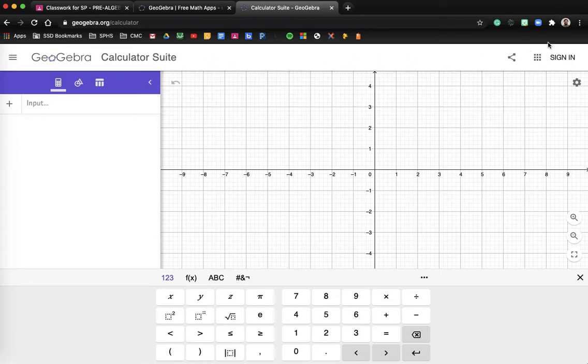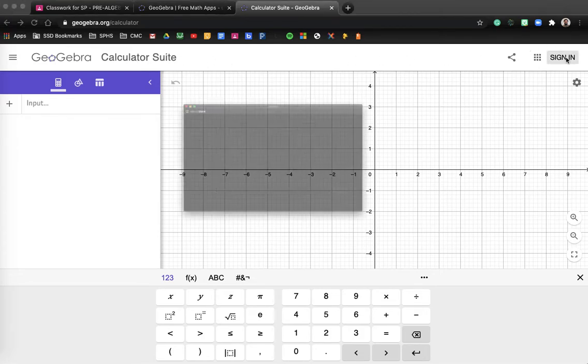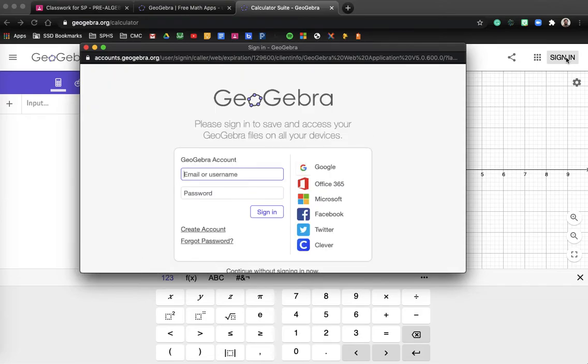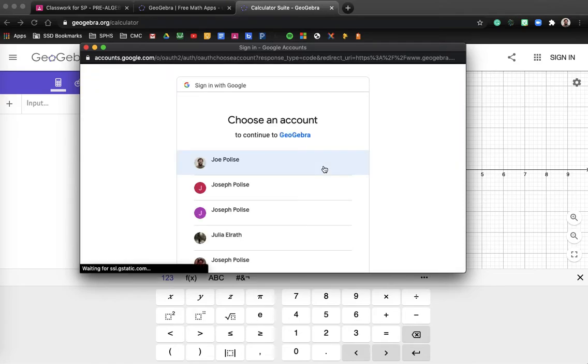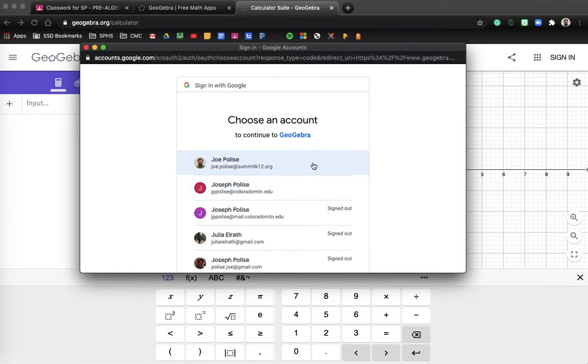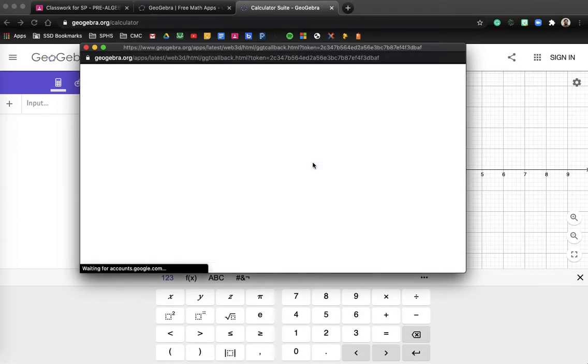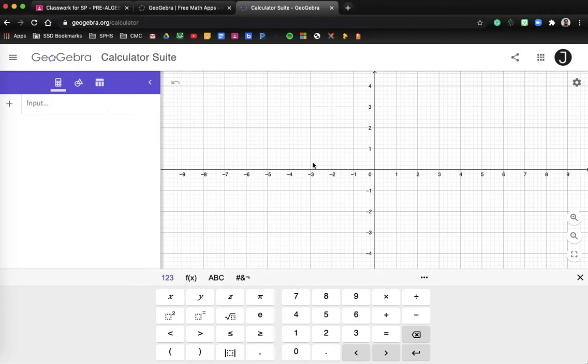All right, so the first thing I want to do is sign in. When I sign in, we want you to use your Google account for this. So here's your Google. Click on that button. I've got a bunch of different accounts, but go ahead and just click on your school Google account. Now, it may prompt you to create an account, and that's okay. Just go ahead and create an account using your Google information, and then you can try to log out and log back in. But in any case,